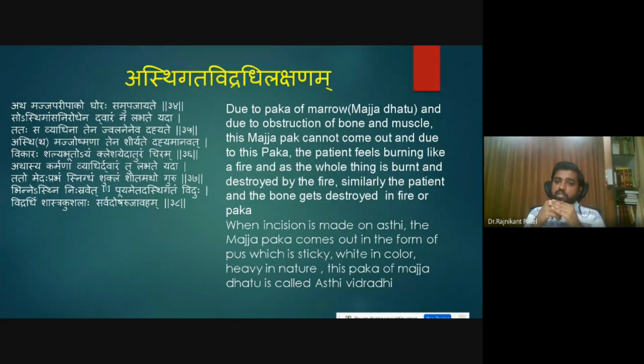So when an incision is made on the outer side, the pus comes out, streaky in color, guru, that is heavy in nature, and this part of majja dhatu is called Asthi Vidradi. So very simple and clear-cut, the definition our Acharya has given has 100% resemblance with